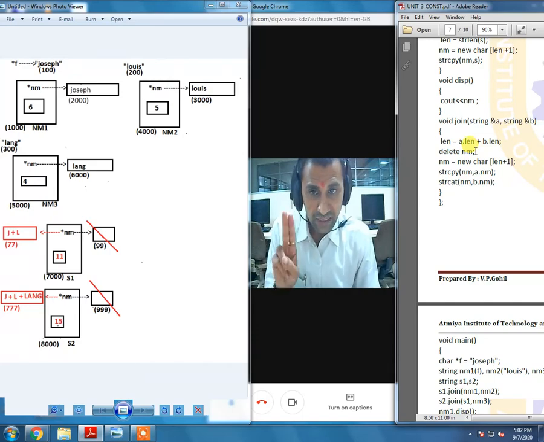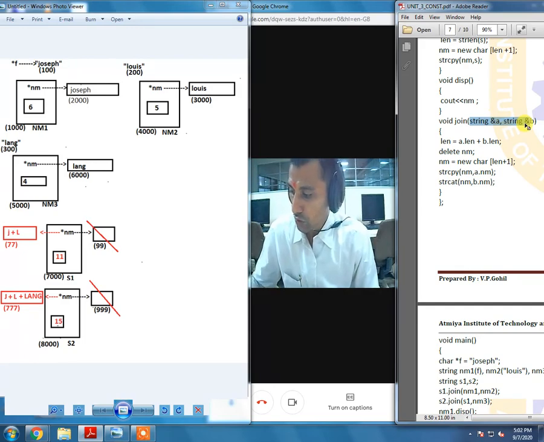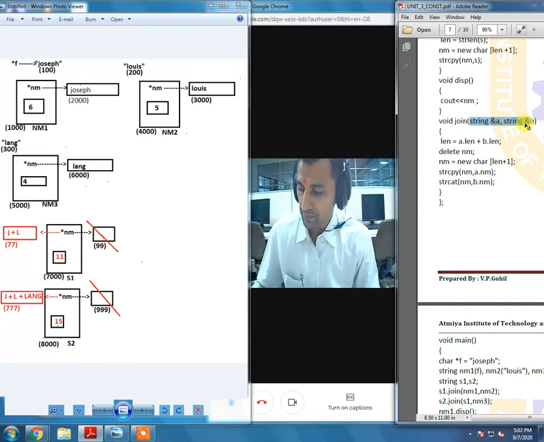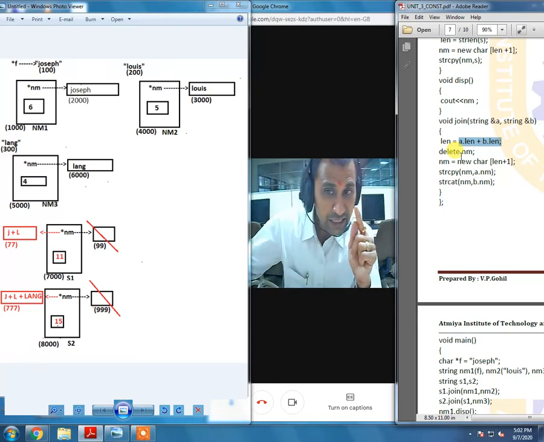Once again, do not forget a is actually nm1 and b is actually nm2. So this time a dot len plus b dot len, a dot len, that means a, where is it pointing?